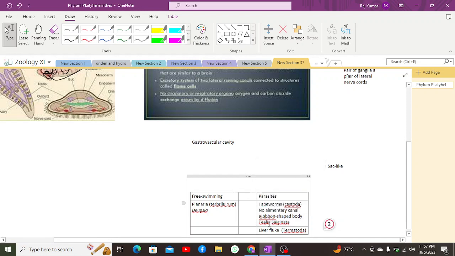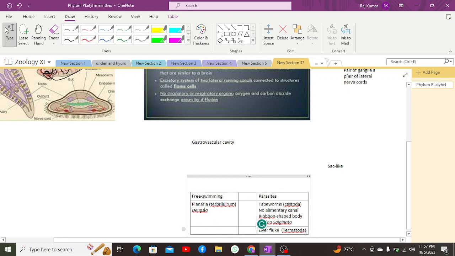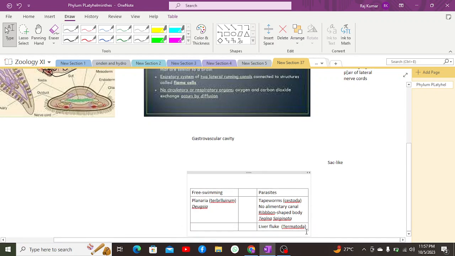Oops, it is not Tinea, it's Taenia saginata. Taenia saginata is the scientific name of tapeworms, Dugesia for planaria, and for liver fluke it's